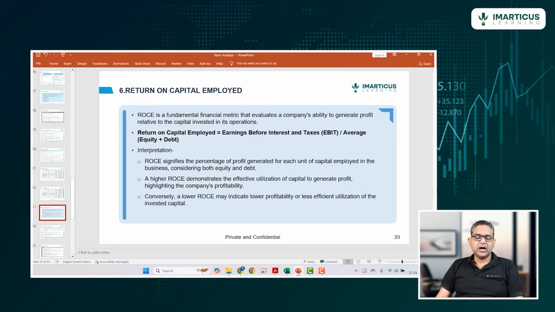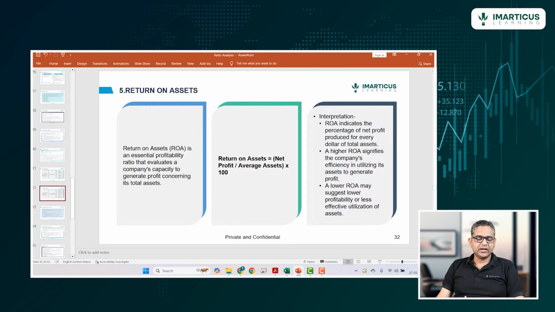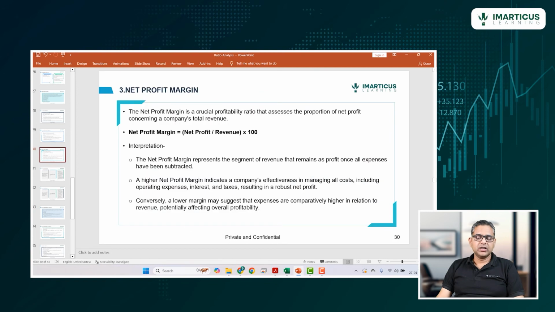Interpretation. ROCE signifies the percentage of profit generated for each unit of capital employed in the business, considering both debt and equity. Higher value demonstrates the effective utilization of capital to generate profit, highlighting the company's profitability. Lower value may indicate lower profitability or less efficient utilization of the invested capital. So again, when we are comparing these values, we should do it for particular